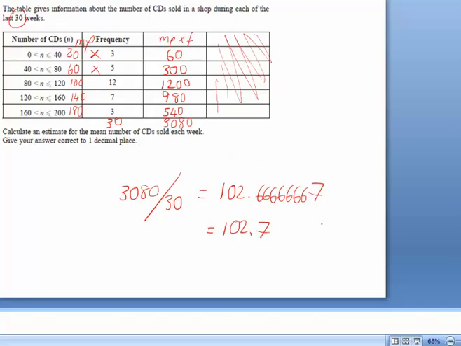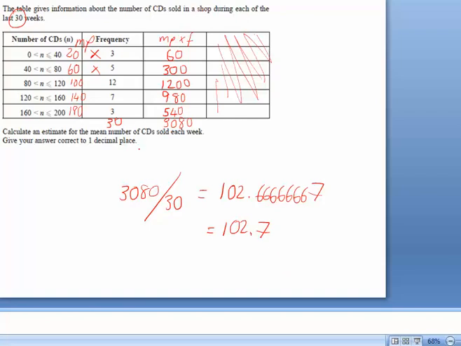Right, here is the answer. Hopefully you got it right. Let's just go through it very quickly. First of all, you'll notice that in this exam question you were given 2 additional columns. I decided to cross the 4th one out as my midpoints. I like to write them here so they don't become part of my problem when I come to do my adding in at the end. So midpoints times the frequency, there's my totals, add those up